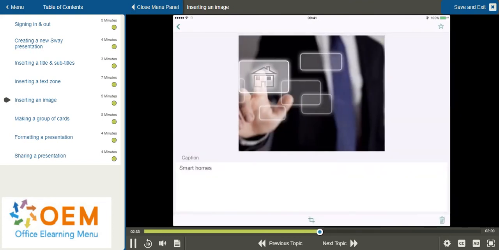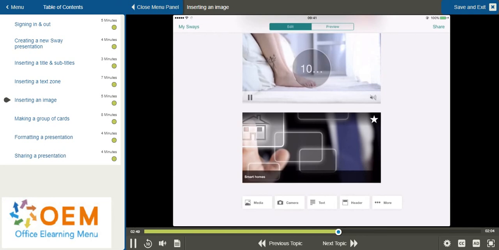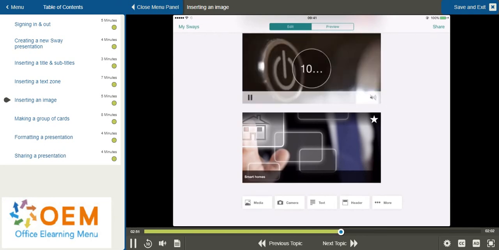I can also see on the top right of this screen that I have a small picture of a star. If I click on this, this will mean that this image is always emphasized in my presentation, so it will always be made to stand out. As well as adding elements that are already set